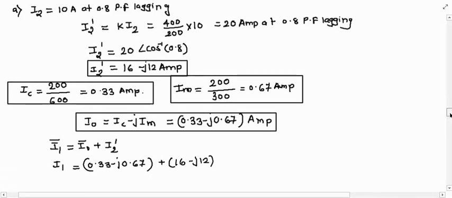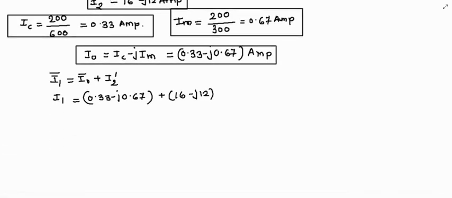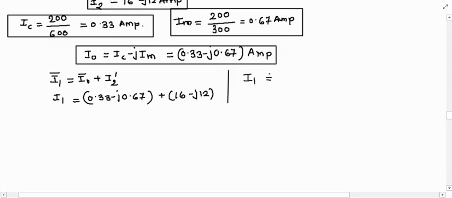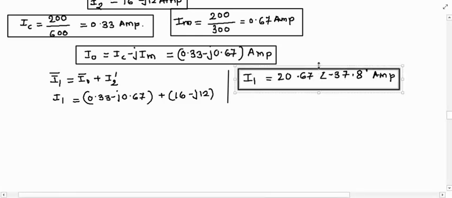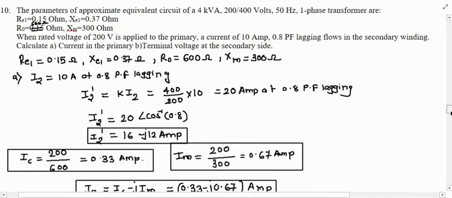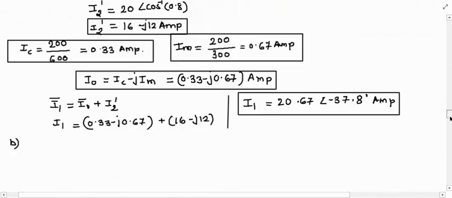Okay, so from this I will get I1 equals to 20.67 at an angle of minus 37.8 degree. Simply, whatever the answer you will get from this equation, you have to convert that into polar form. So this is about the A part. In B part, what we have to find out? In B part, we have to find out terminal voltage at the secondary side. So to